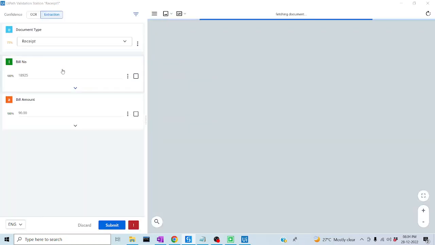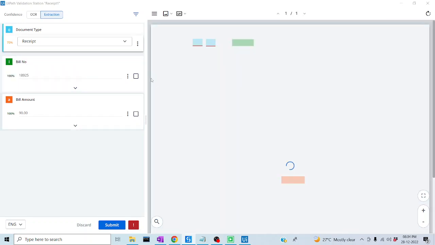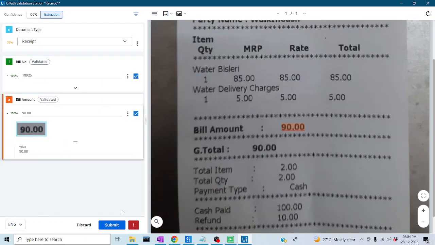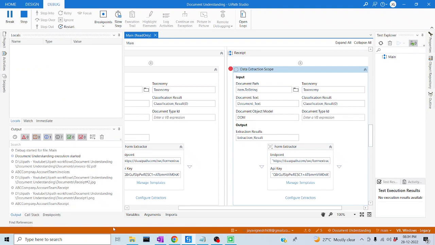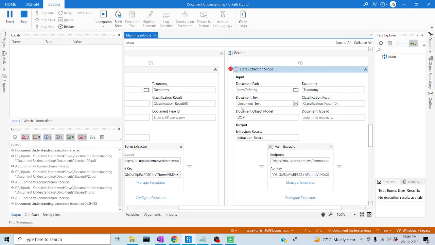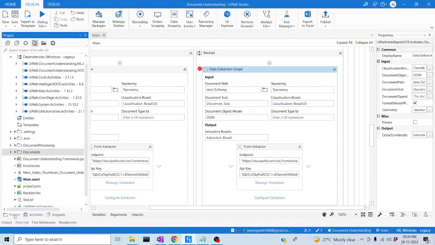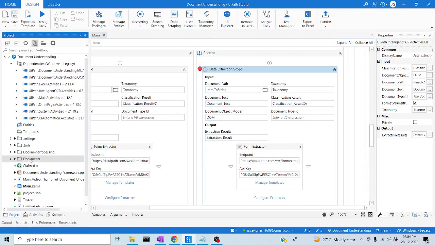Let's wait for some time so that our present validation state will load. The bot says 100% sure this is the bill number and 100% sure this is the bill amount. Let me tick the checkbox, click, and then submit. Yeah, so we have done each and everything. We'll be getting an Excel now. Let's wait for a few minutes. Our execution is done. Just go to the project and refresh so that we will get an Excel